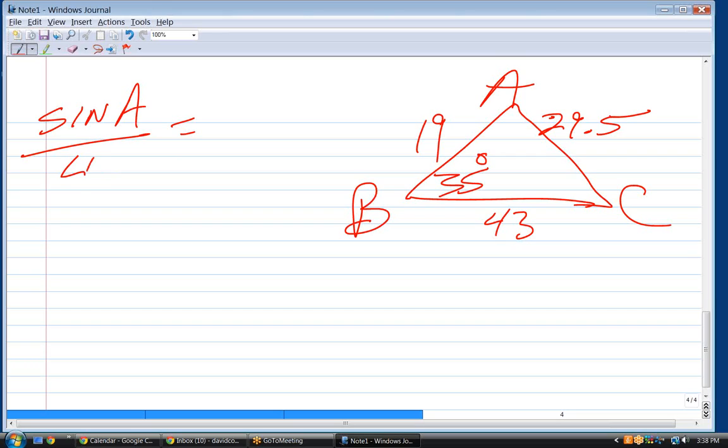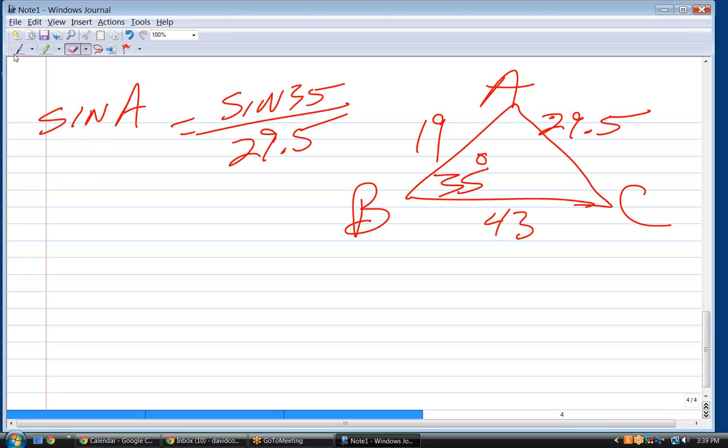Sine A over 43 equals sine 35 over 29.5. Okay, we just need to multiply both sides by 43. What's the sine of A equal to? That equals 0.836. Okay, now before we go any further,